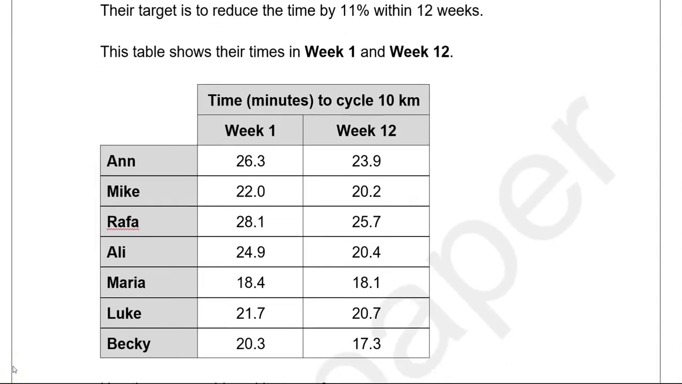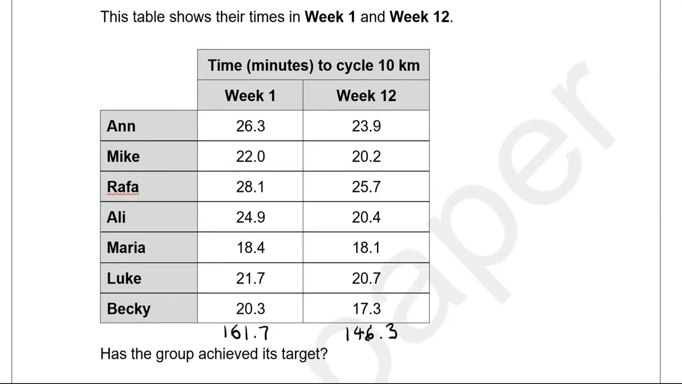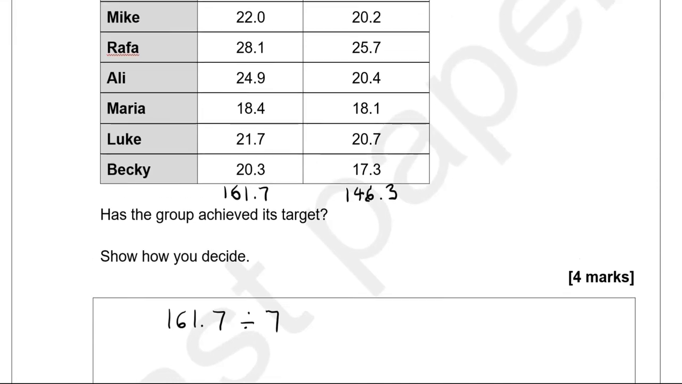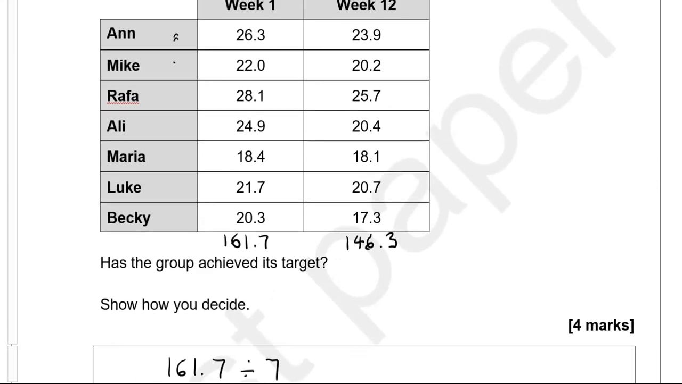So we'll work out the mean for both weeks and see whether the reduction from week 1 to week 12 is equal to 11%. So adding all the minutes within week 1 gives us 161.7, and adding all the minutes for week 12 gives us 146.3. So now dividing 161.7 by 7, because there are 7 people,